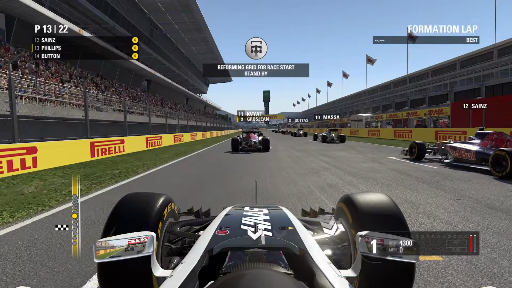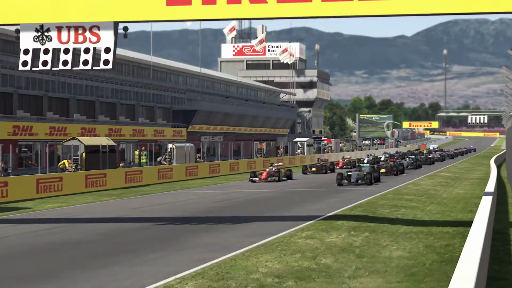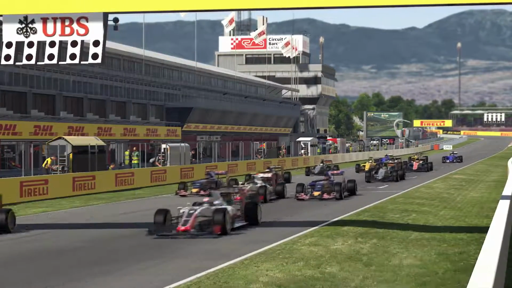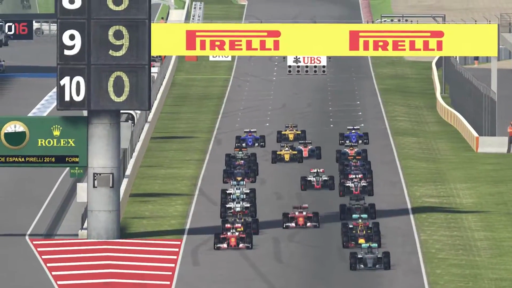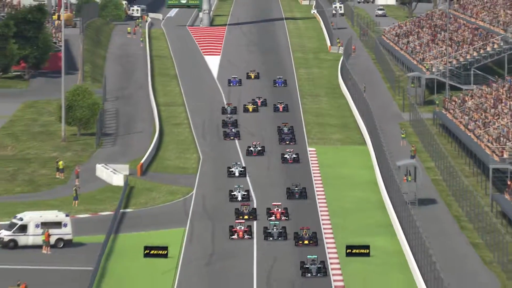And here we are on the grid, and the 5 lights are about to illuminate here for the start of the Grand Prix here at the Circuit de Catalunya. It is lights out and away we go, and Nico Rosberg gets off to a very good start, and we got a decent one as well. We straight away managed to get ahead of both the Toro Rossos, now behind our teammate Romain Grosjean,